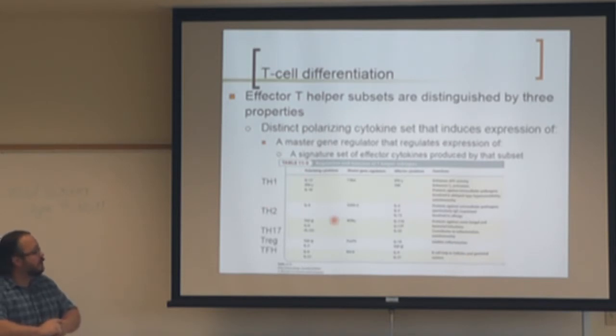Interferon gamma will also then drive a Th1 response, which will then drive cytotoxic T cells. So think Th1, interferon gamma, IL-12, and that's when we do cytotoxic T cells. Th17 is going to be induced by, here we have TGF-beta, but if you look down at Tregs, TGF-beta is